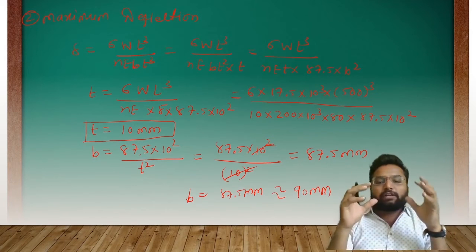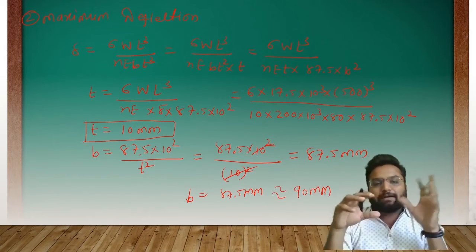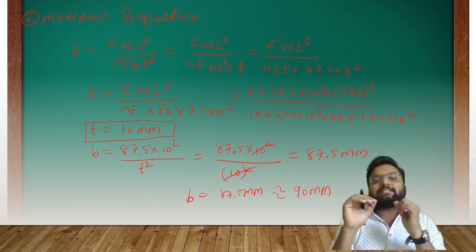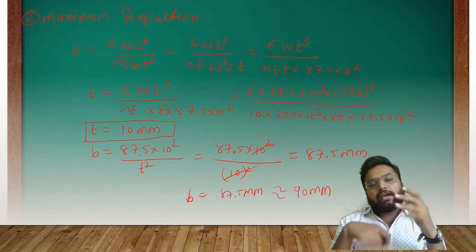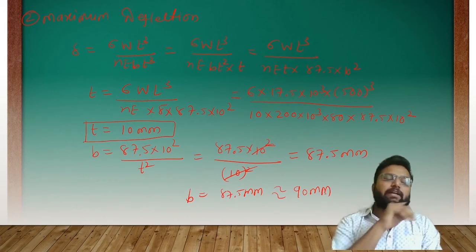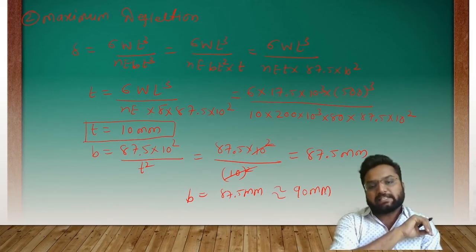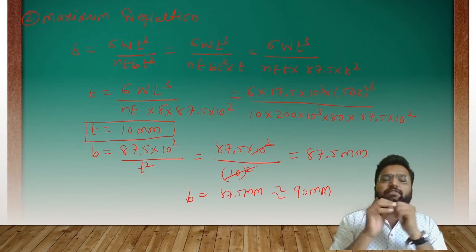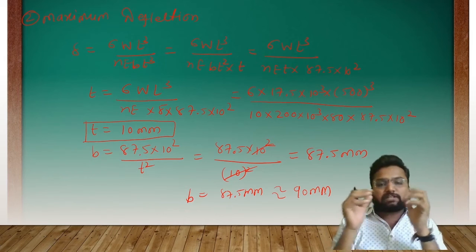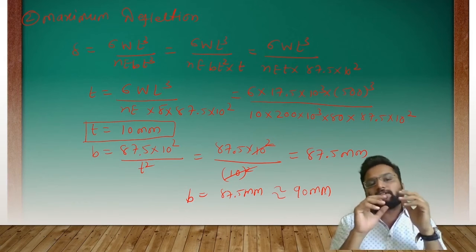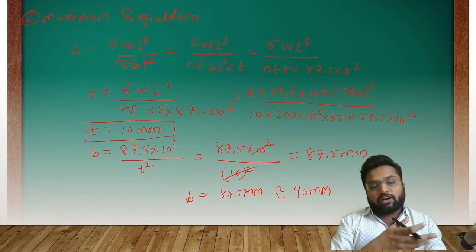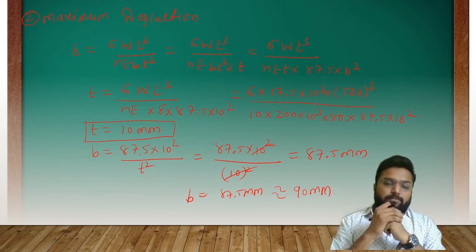I hope you got each and every point about this example. This was one of the easiest examples asked in a GTU examination. In the next video, we will have the more difficult examples regarding the leaf spring as well as coil spring suspension. In the next session, we will have two or three examples regarding the suspension system, and also for the clutch system as well as the brake system.